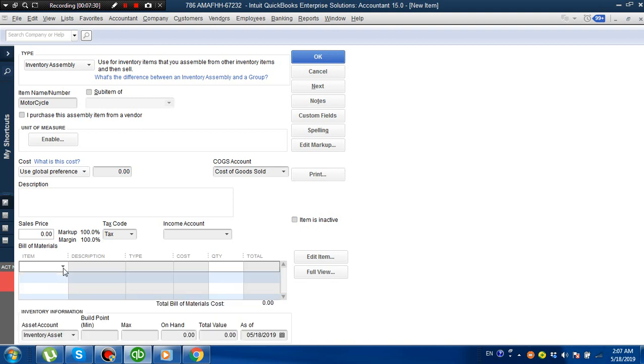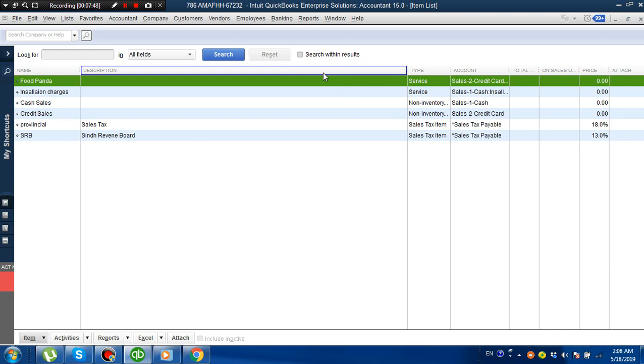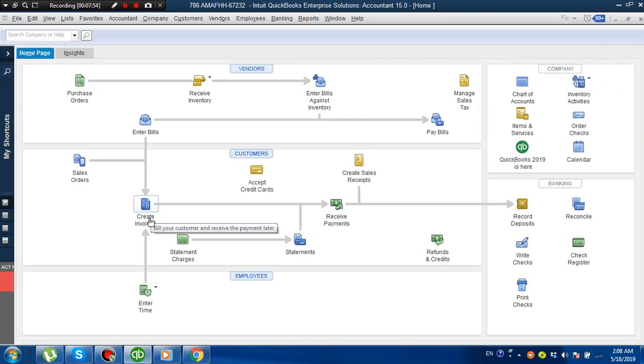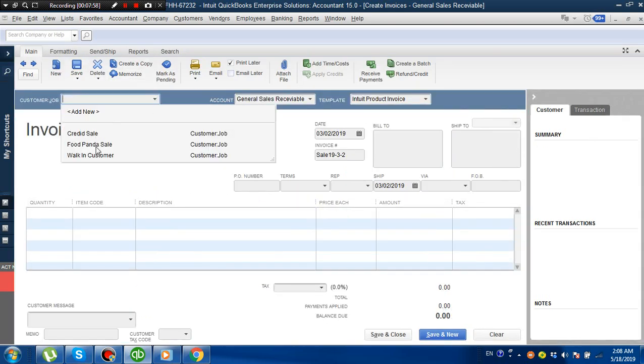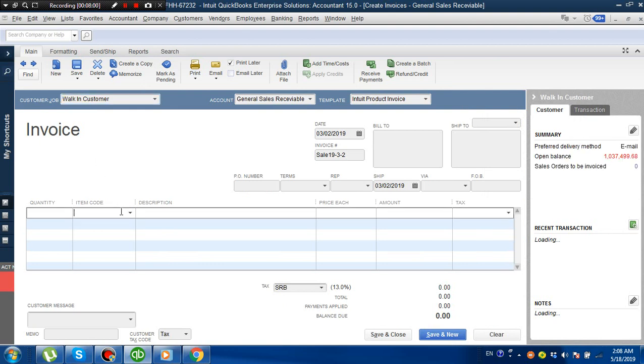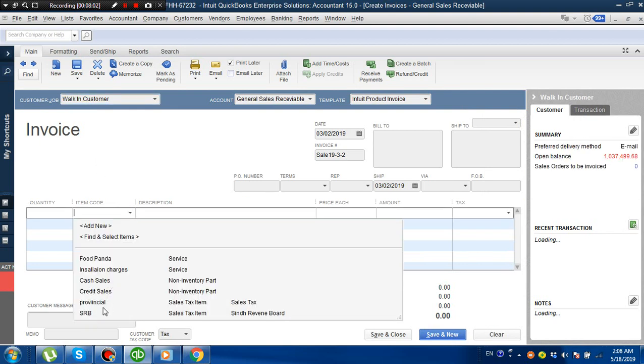For example, there could be a 150 inventory item, which is here, 1111 in every item we use. When we make this inventory assembly item, after this, when we go to the invoice, to create invoice, you will see when I make it. For example, if we make it, and I select this,